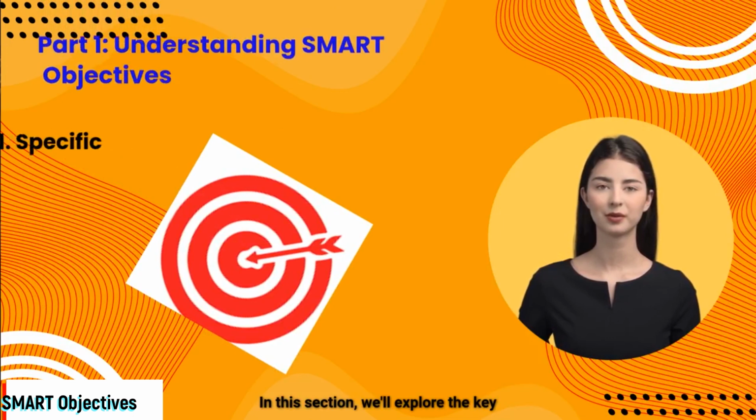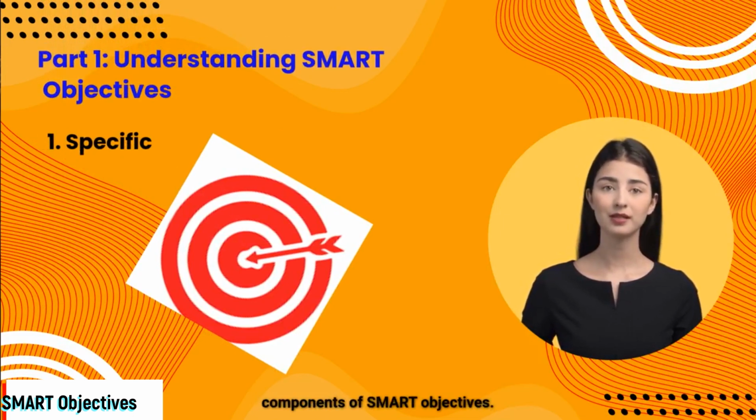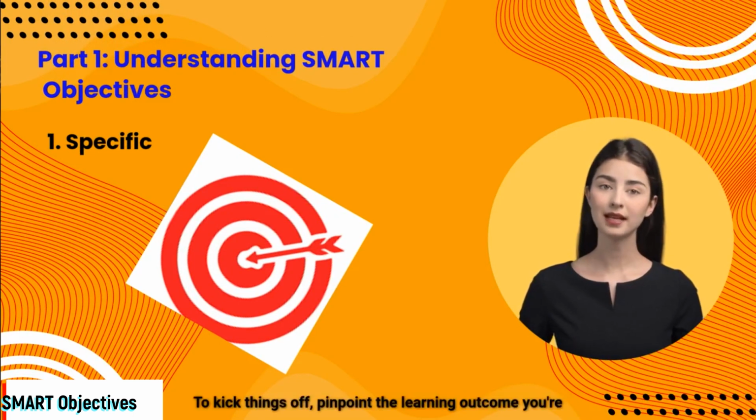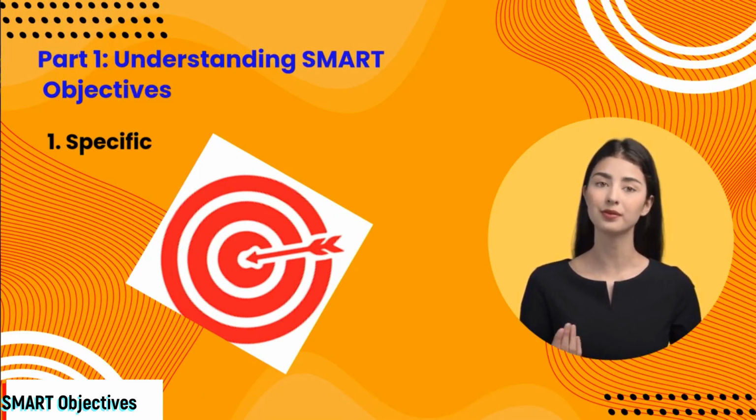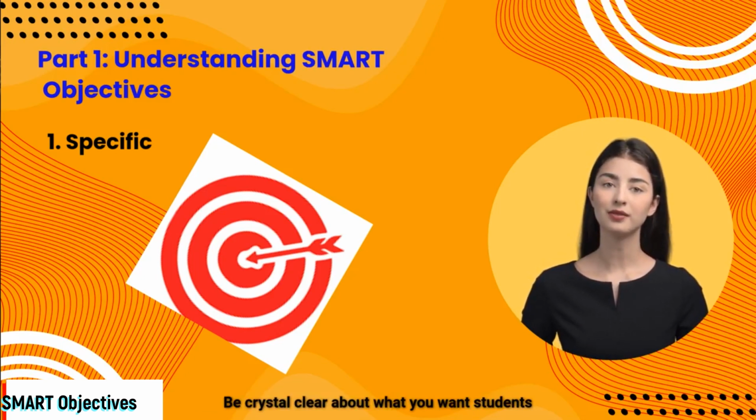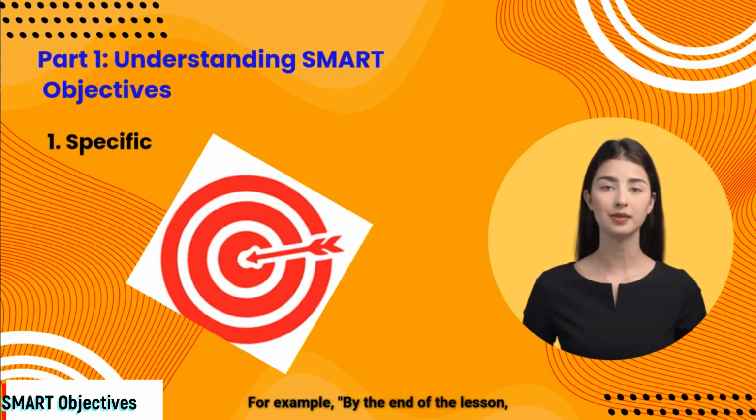In this section, we'll explore the key components of SMART objectives. 1. Specific. To kick things off, pinpoint the learning outcome you're aiming for. Be crystal clear about what you want students to achieve by using action verbs. For example, by the end of the lesson, students will be able to analyze the causes and effects of climate